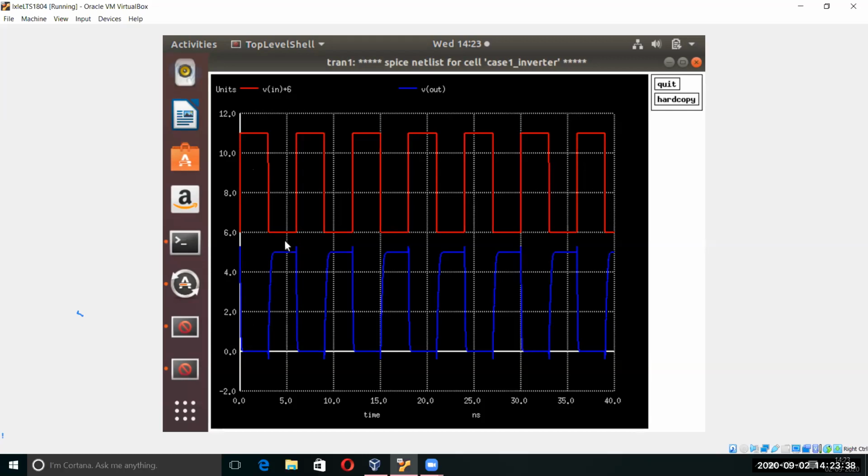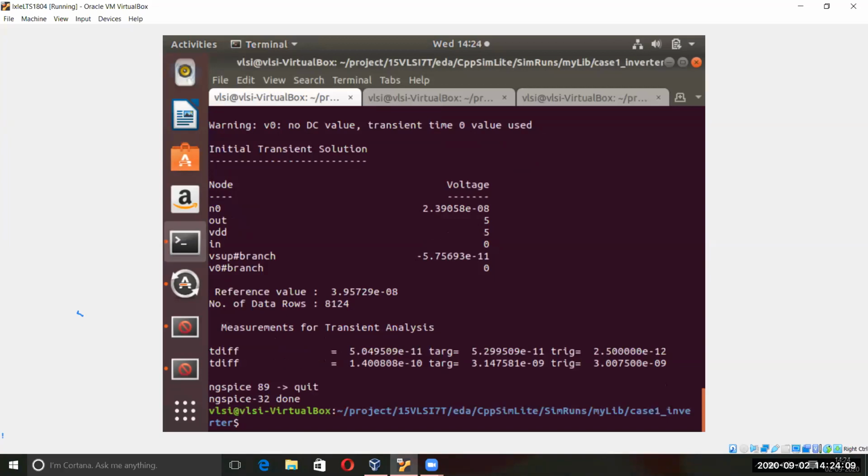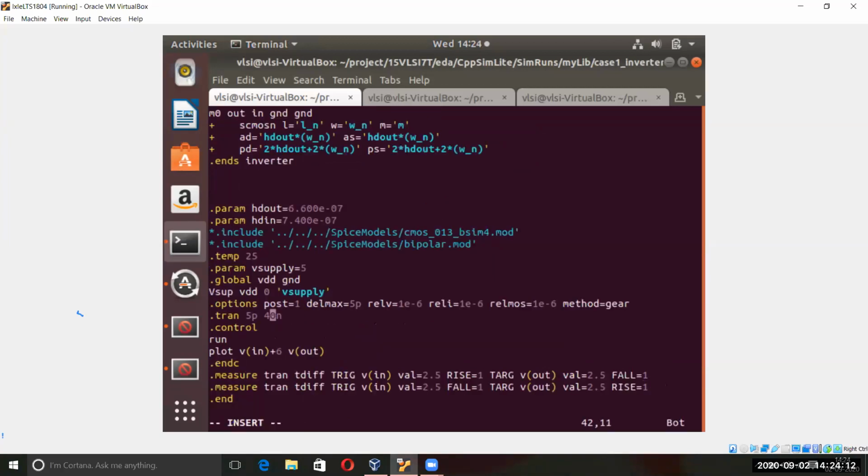What if you give 5? You will see this gap is where you can actually distinguish the input and output. If you give 5, then this output will shift up. Prachita, can you make one small change? You are giving that 40 nanosecond transient, so just give 15, or 12. It will give you the zoom view. Yes, 15. Then go ahead.